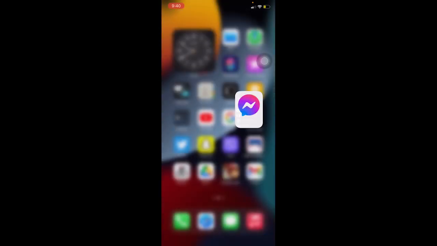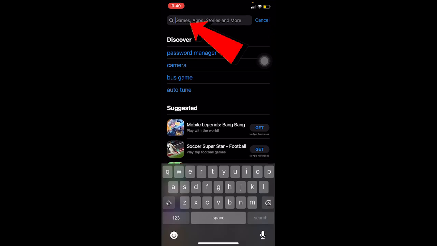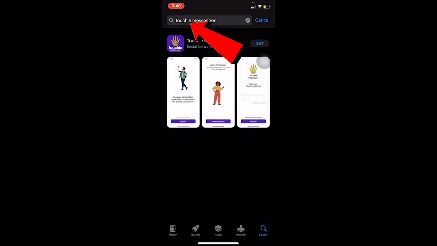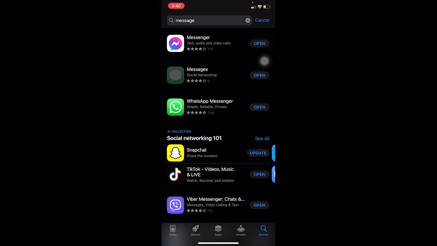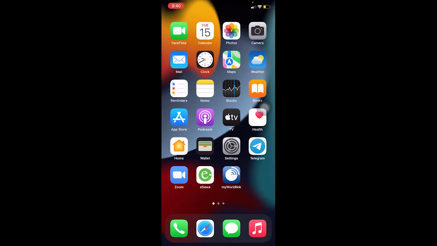But if your internet connection is not the issue, the next step is to go to your Play Store or your App Store. This is an iPhone, so I'm going to go on my App Store over here, and you want to search for Messenger. Once you search for Messenger, make sure it is updated. On my screen it says open, but on your screen, if it says update, it is not updated. If it shows open, it's up to date. If it says update, you need to click on that update and update your Messenger. And even after updating your Messenger, if it still doesn't fix it,